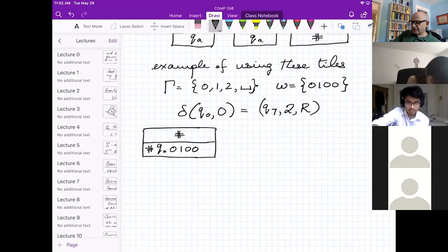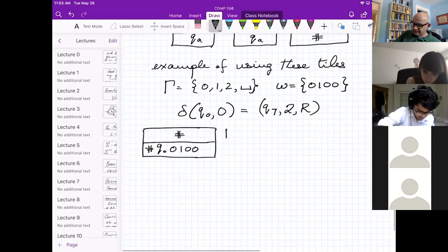Okay, so you look at this and you say, oh, Q00, I have to match that. Because right now I've only matched the hash mark on top. So what is the next thing to match is the Q. So you look for a tile that has Q00 on top. And sure enough, you find one, because according to this transition rule, we must have put in a tile that looks like that. Okay, so there's a Q00 on top, and there's a 2 Q7 on the bottom.